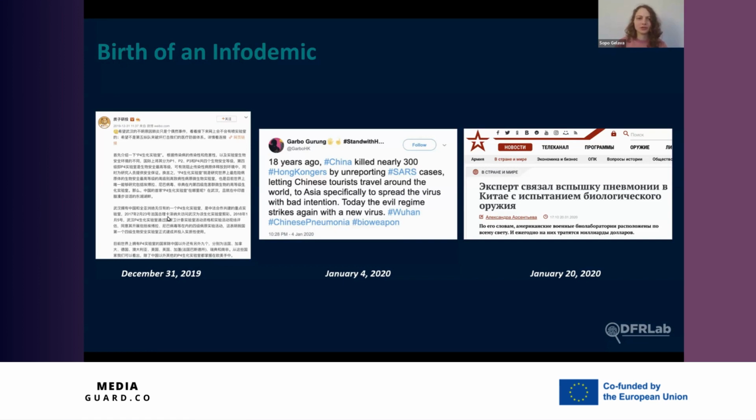Then the earliest mention of this conspiracy in 2020, which our team found, was January 4th on this Twitter. And it was interesting that this COVID and the previous virus, SARS, were discussed together, and that it was artificial and spread specifically in Asia for bad purposes. And very soon in January, in a 2 or 3 week period, we already see in mainstream media, in Kremlin-controlled media, that someone, an expert, is talking about